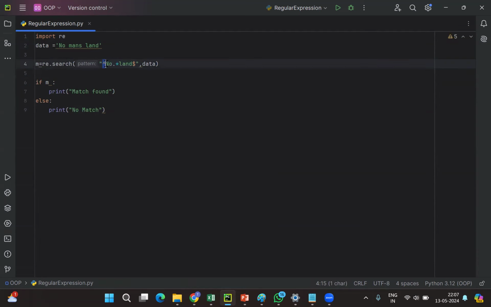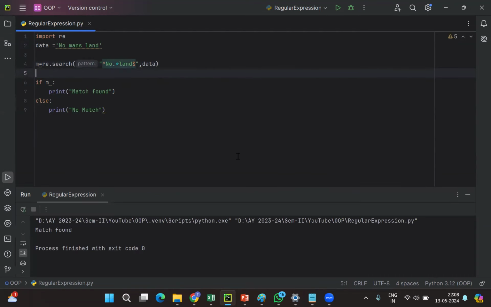This symbol represents the beginning, the character to start with. And this dollar symbol represents the end of that particular word. Now if I execute this program, see, match found, because it is there in this particular string. For example, if I write something else, anything, "how are you?", and suppose I execute one more time, now see, it is not matching because this string does not start with "no". Again, if I put "no" here and execute once again,